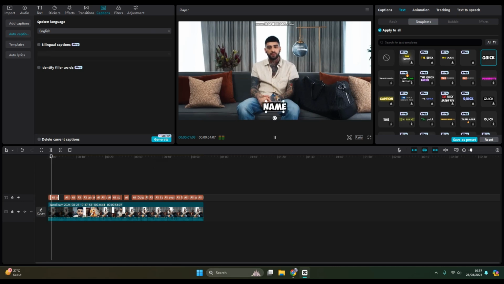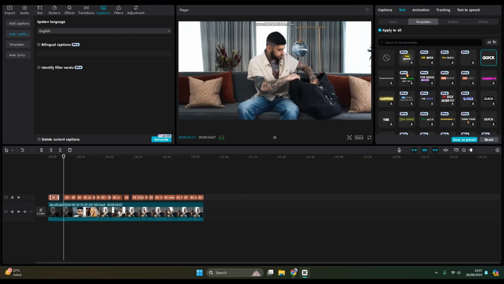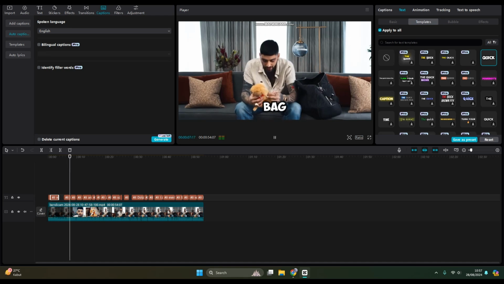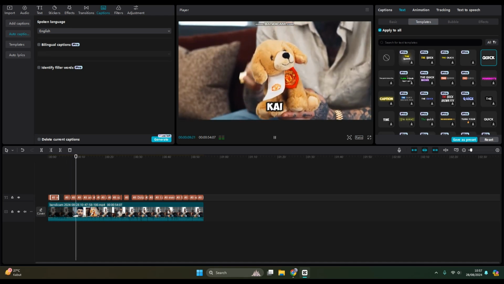British Vogue, my name is Zain, and this is what's in the bag. Word by word or only one. So the first thing that's in my bag, a teddy bear that I got for Kai from the Man United